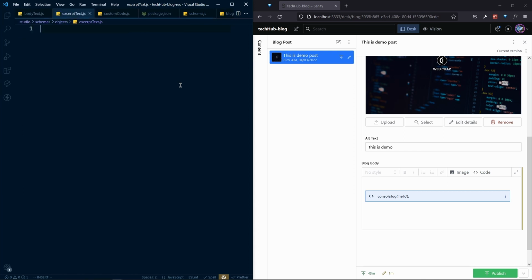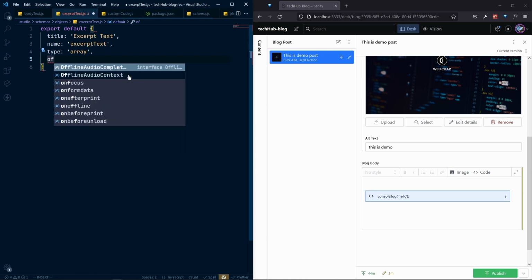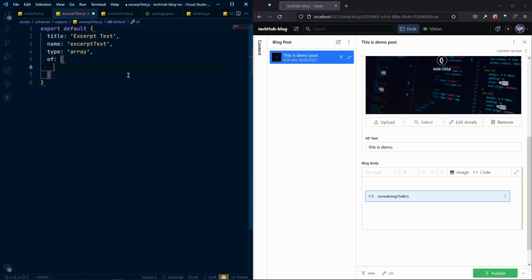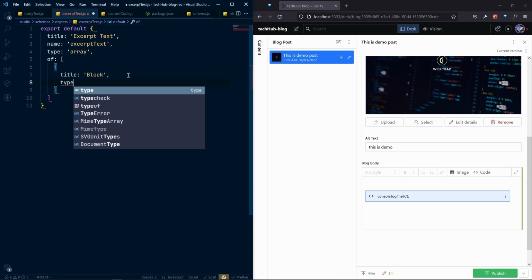In the excerpt, it will be almost similar to our body, but a little bit different. So export default, and inside this object, the title will be excerpt text, and the name will be excerptText, and the type will be array because this will be similar to our body text, but here we will not have that much. We will have only the normal text here. So array of block, so let's say this will be block, and also the type will be block,